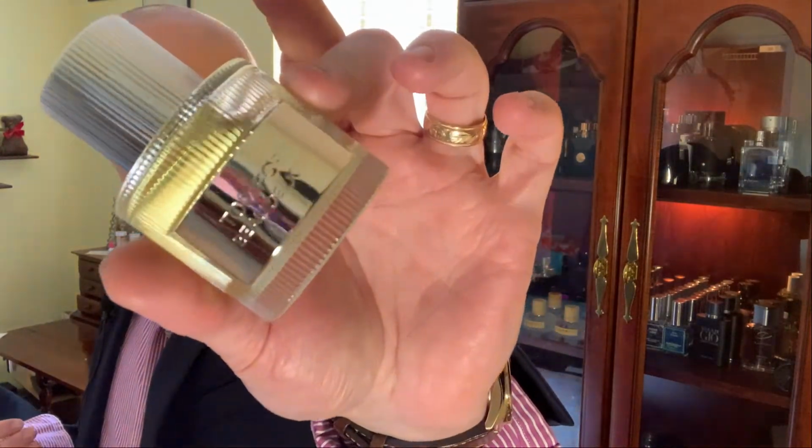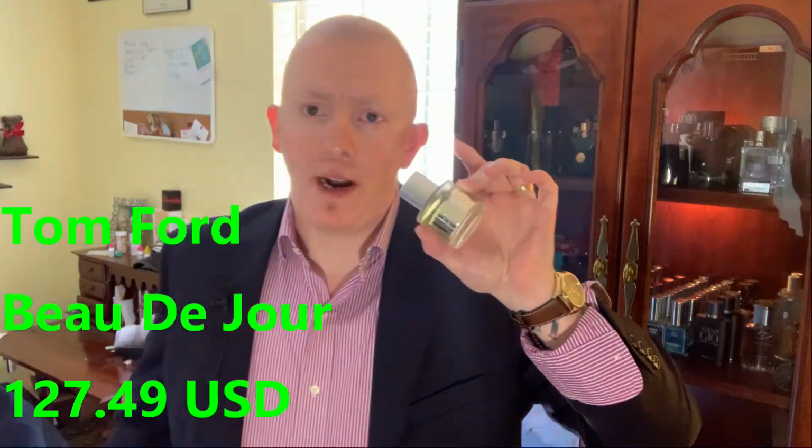Okay, and last but not least, this one's going to cost you about $100 to $120 for a 50 mil. More like $200-ish for a 100 mil. It's from Tom Ford. Some might not classify it as green. Some might say it is like a fresh, spicy. I think it's green. I'll tell you why. It's Tom Ford Beau De Jour. Right here. This one,